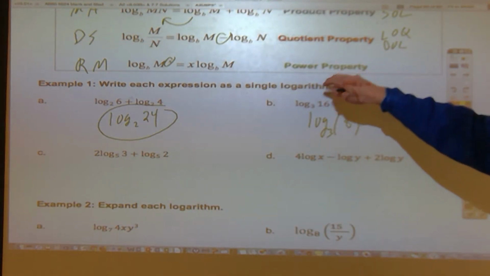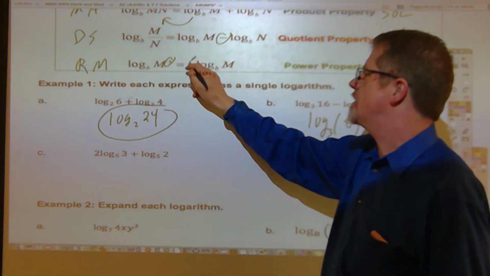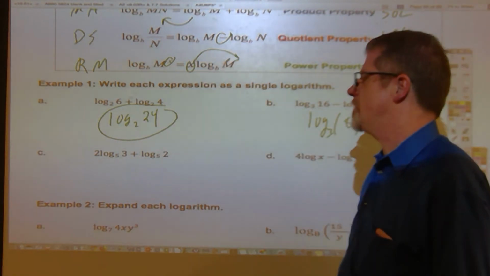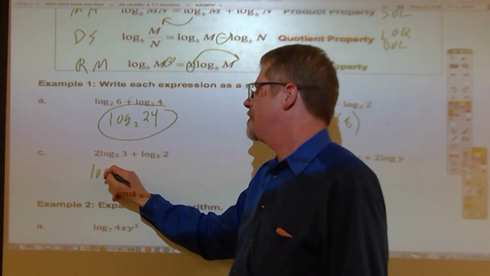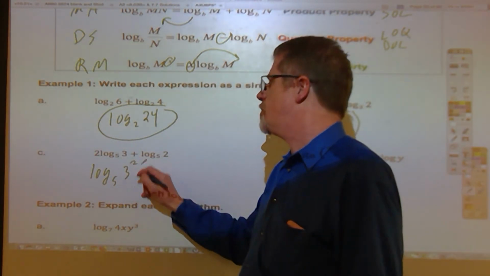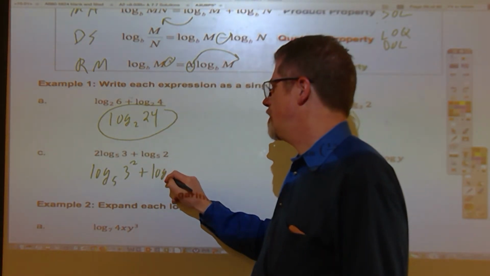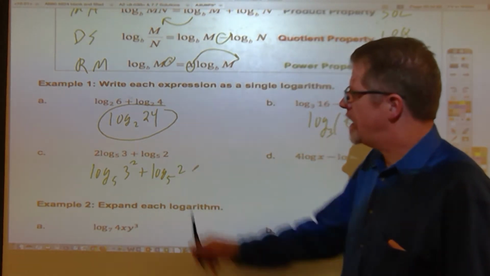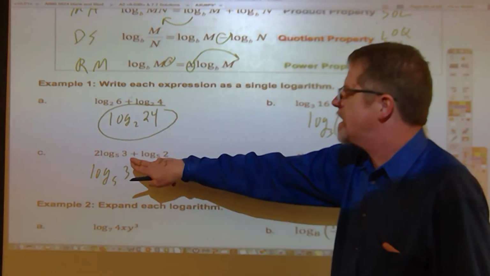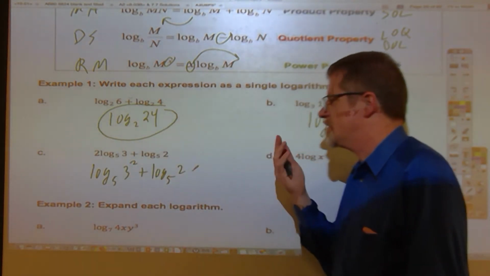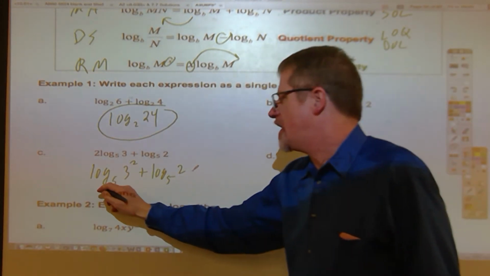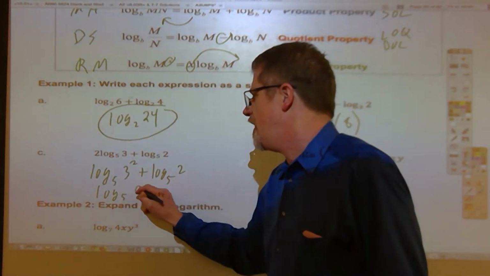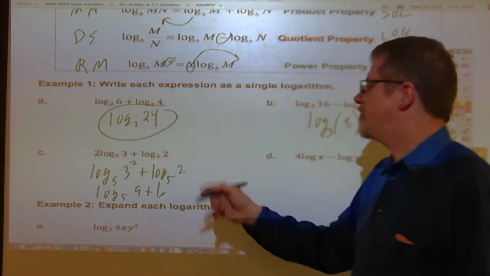Now, the third property is that when you have an x out front like this, that can go up and become an exponent. So this 2 out front is really "raise and multiply" in disguise. Just rewrite that as 3 squared plus log base 5 of 2. So that 2 comes up and sits on the 3, as if 3 is wearing a hat, and 2 is 3's hat. Simplify that to the log base 5 of 9,